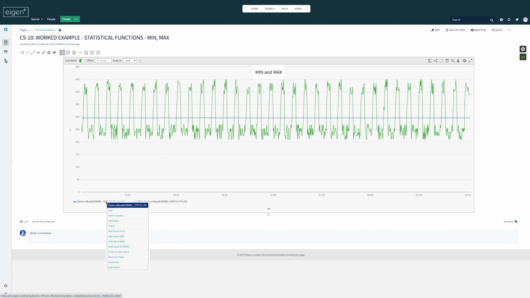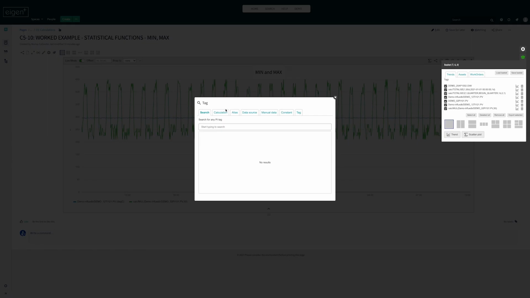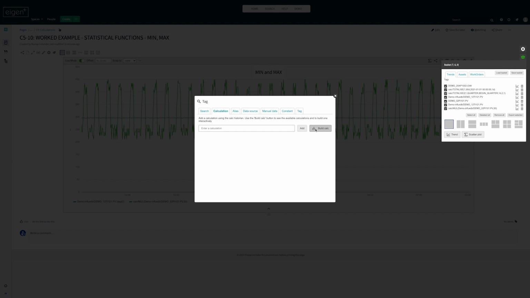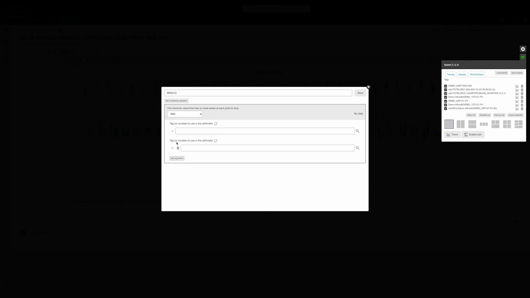First thing I'm going to do is add both of these to my basket to make it easy for me to create the calcs. Now I'm going to add a tag to this trend and I'm going to build a calculation. We're going to add a containing operation using the min function. And here I can add one or more tags. I'm going to add two because it's easy to understand. And we're going to pick the two tags that we added to our basket here